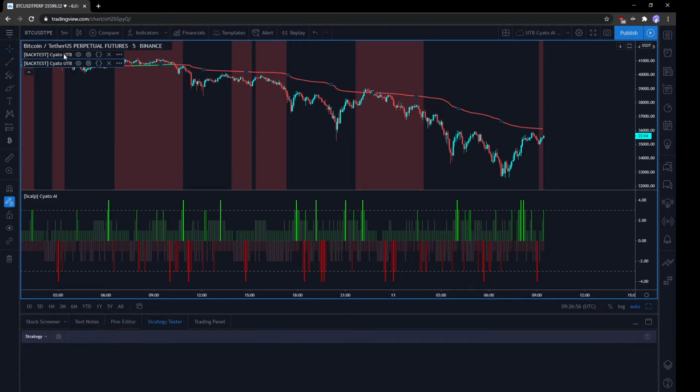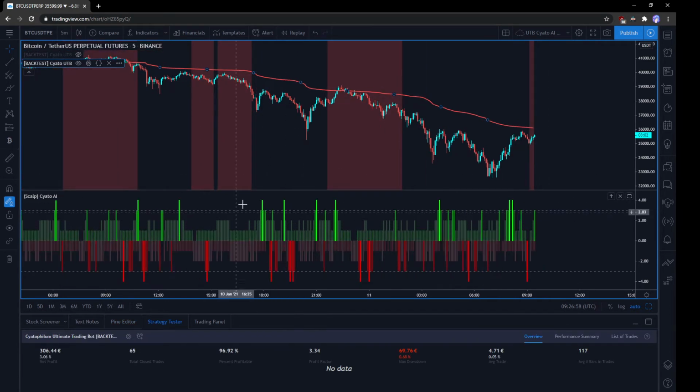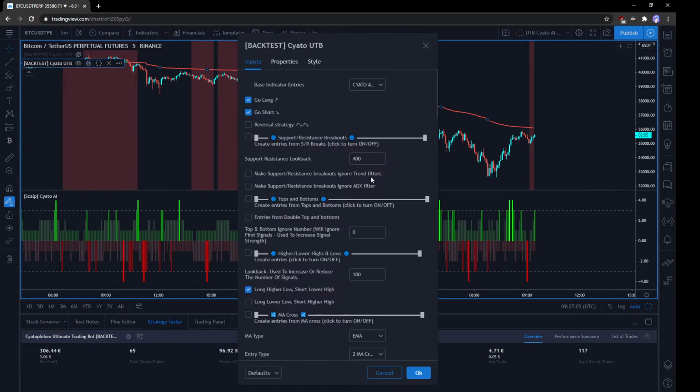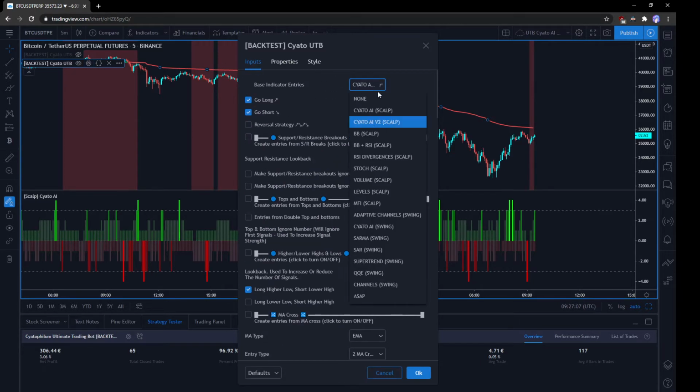And so it works like a score. When you get 4 points, it will trigger an entry. So here on the UTB, if I